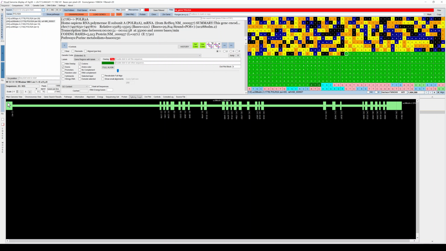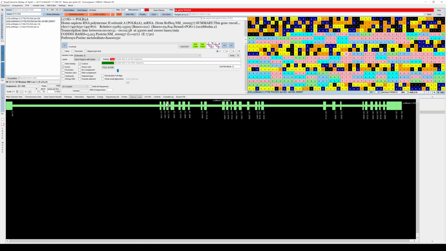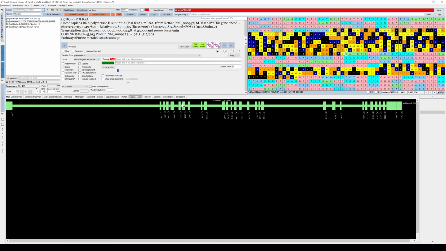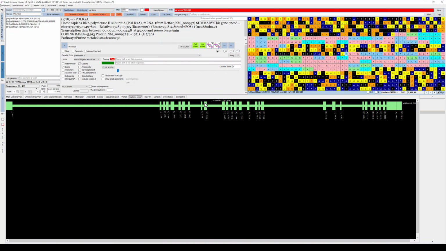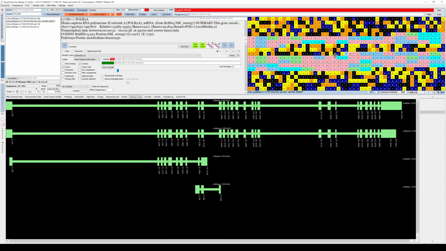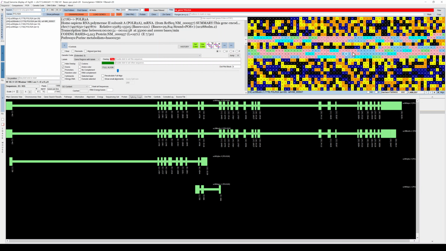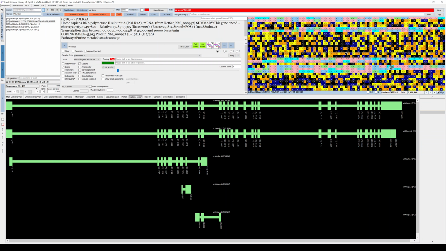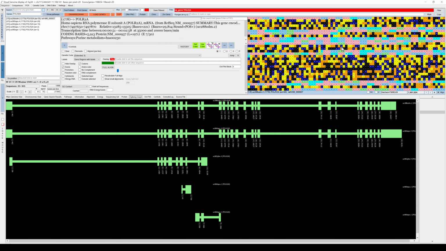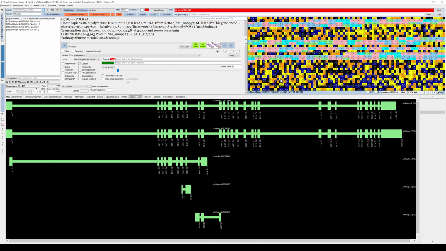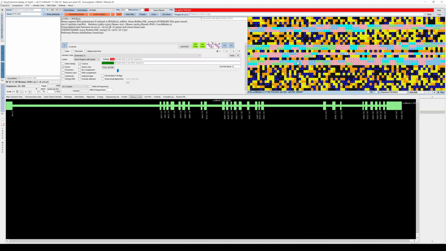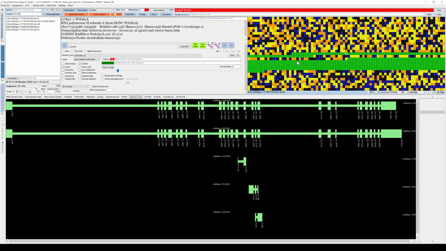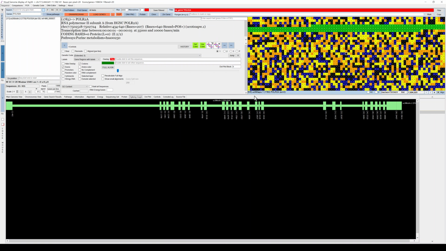To simply move between the exons, you simply hover your mouse over the specific exon, and it will go to that exon in the gene. If you zoom out a little bit, you can actually see all the different splice variants of this gene. And as I said before, you could use the plus and minus to actually pick a specific one.